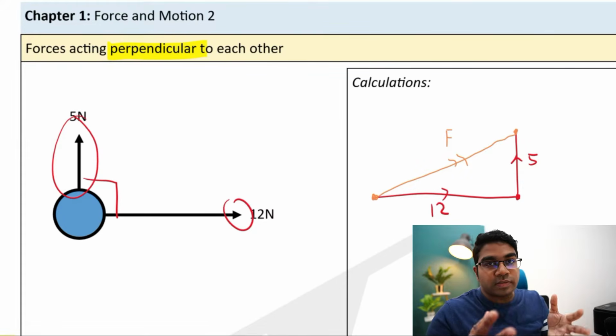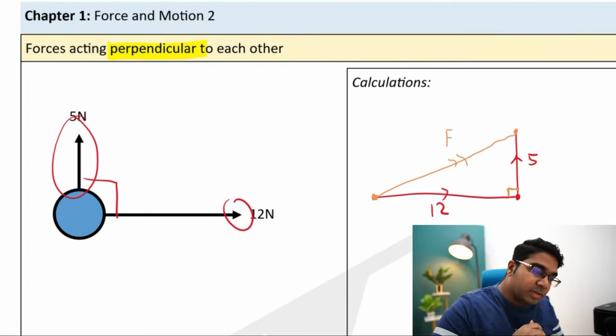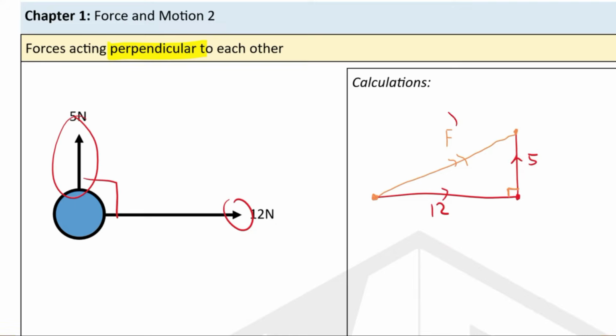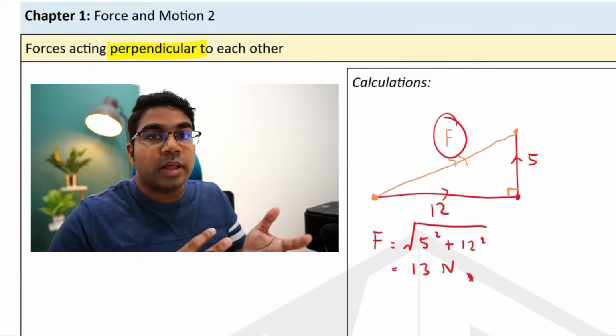How do we find the magnitude of this resultant force? Since the two forces are perpendicular to each other, we have a right angle triangle. And F is the hypotenuse of this triangle, which means F equals the square root of 5 squared plus 12 squared. And that would be 13 newtons. In this case, we are able to do calculations because we have a right angle triangle and we can use